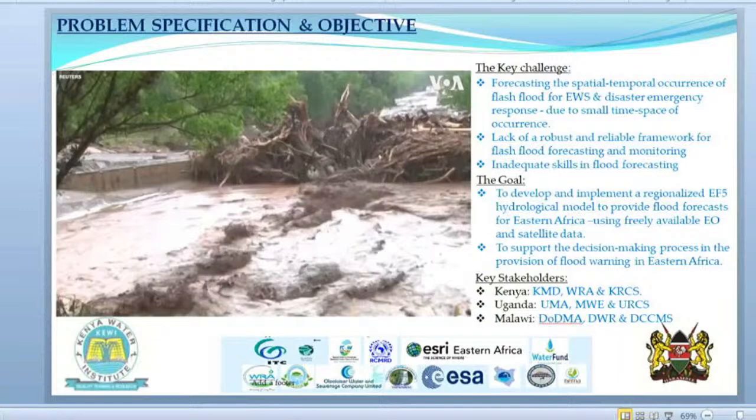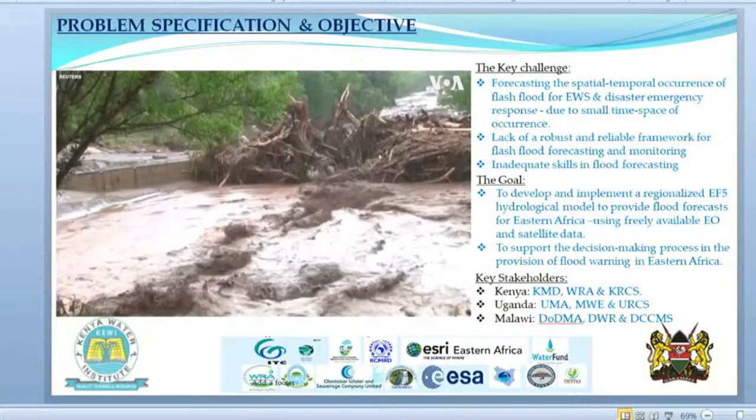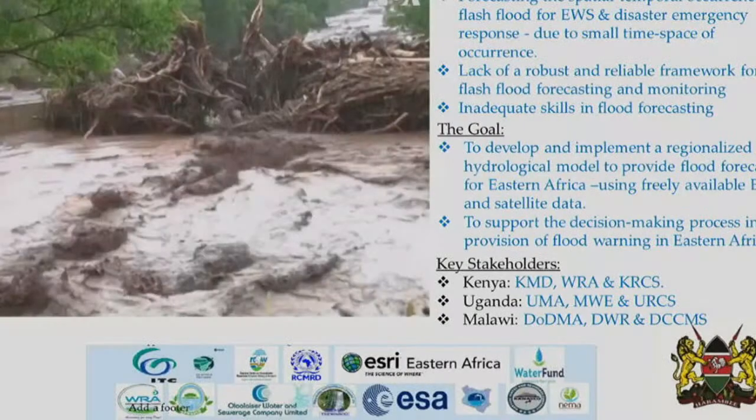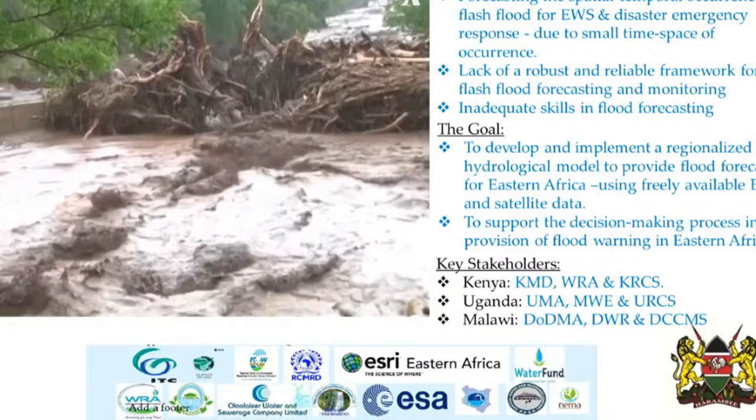Thank you. So flood is one of the problems that we have in the region, and there has been a lot of challenges in terms of trying to forecast it so that the humanitarian disaster and response strategy can be developed in good time to save certain lives. So what we are doing in the region involves development and implementation of a regional flash flood forecasting system that would enable us to generate information that would be used for various response strategy, and also to support the decision-making process